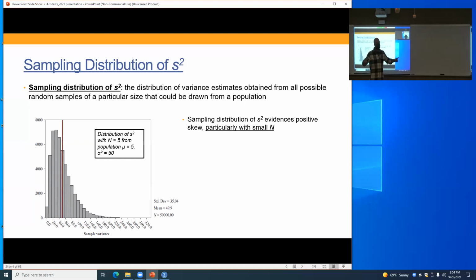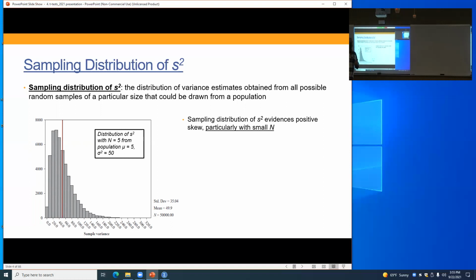So under those two conditions, the distribution of sample means starts very quickly to assume a normal distribution. The sampling distribution of my variance, though, is a different situation. It evidences a positive skew, particularly if I'm working with smaller samples. What I get is a sampling distribution that's not normal. It's characteristically skewed. Okay, and if we think about why this is,